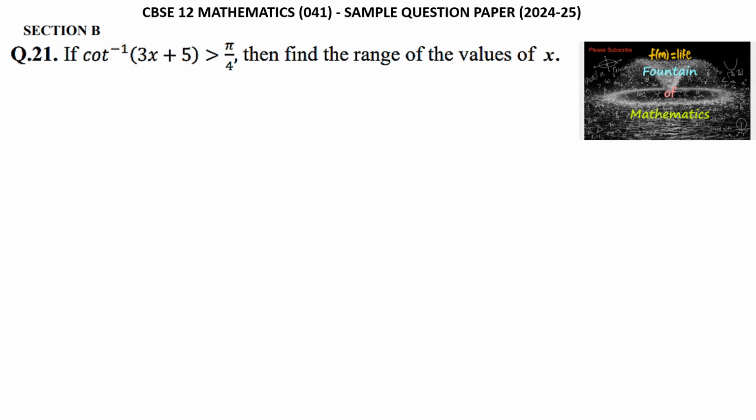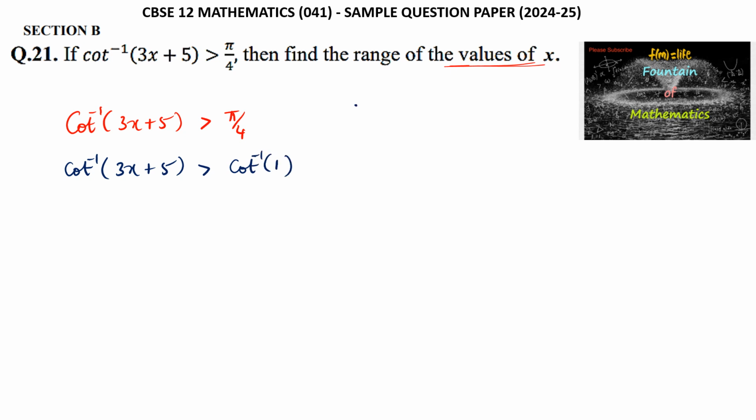Given that cot inverse of 3x plus 5 is greater than pi by 4, we need to find the range of the values of x. So here we can also write cot inverse of 3x plus 5 is greater than cot inverse of 1, since cot pi by 4 is 1, so pi by 4 we can write as